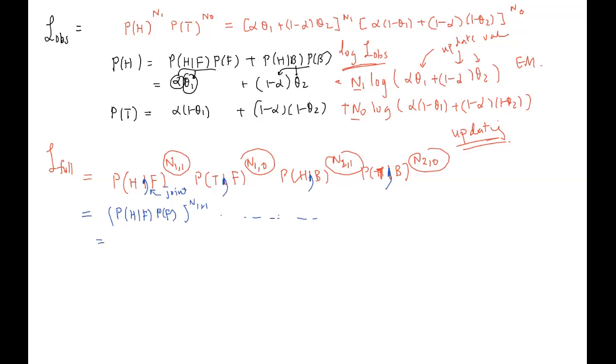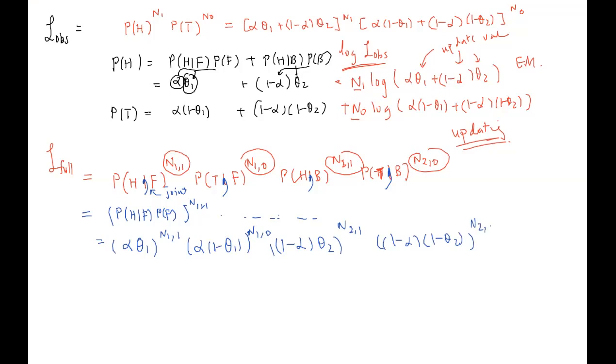And because of this, you have alpha theta 1 and N11. This one is alpha (1 minus theta 1), and N10. Over here is (1 minus alpha) theta 2, and N21. And (1 minus alpha)(1 minus theta 2), and N20. Okay? So it becomes like this, right? So this is the critical equation that you have to write out